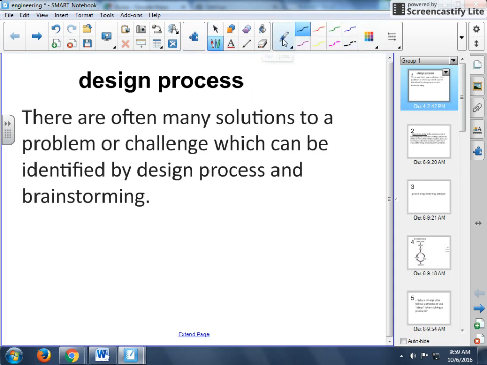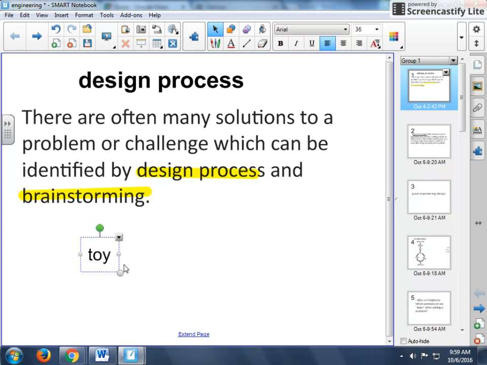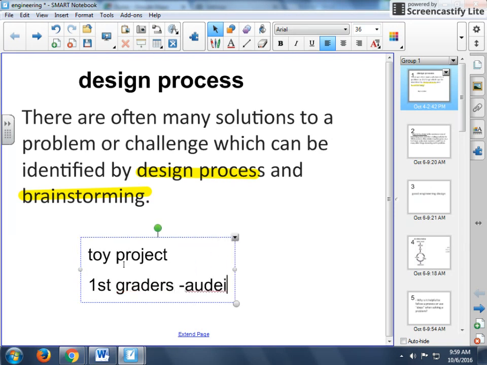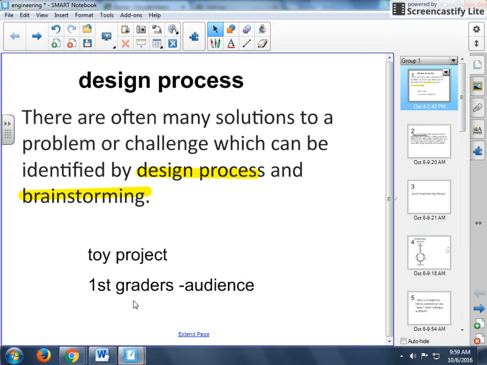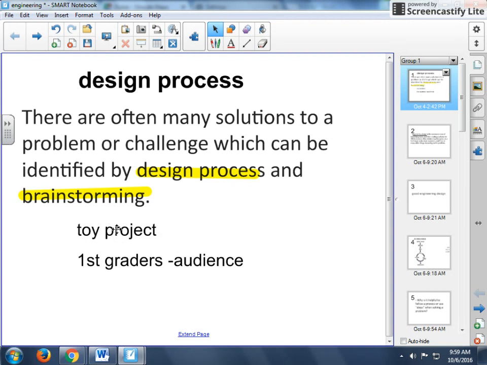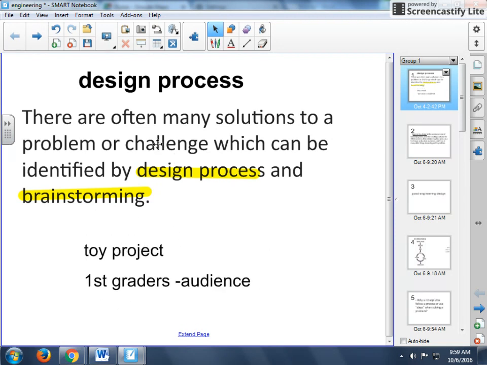So when we think about the design process, we're going to use a tiny little circle wheel when we talk about these two things. Primarily, what we need to be thinking about, because your next project is going to be a toy project, and the toy project is going to be dealing with first graders. They are going to be our audience. And that is your problem or your project, but there could be many different kinds of projects or challenges